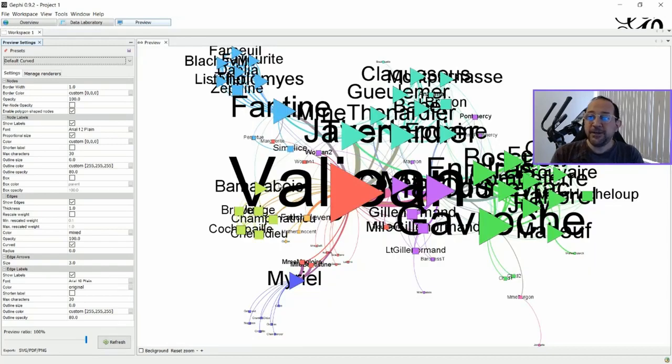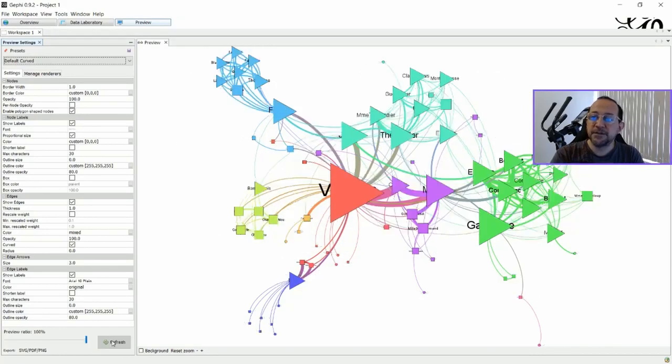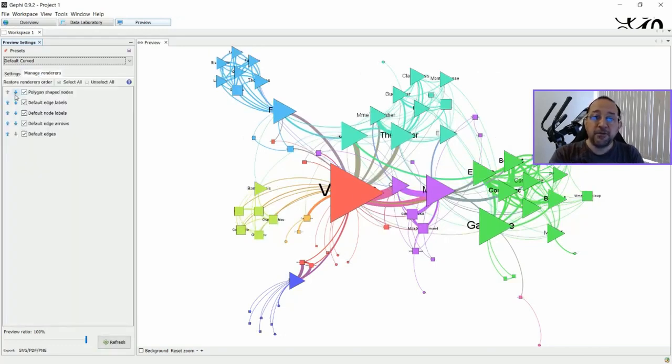And as you can see, all our labels are behind the nodes. So I'm just going to set the font here to be a smaller size, and still they are behind. And then you have to put the Polygon shaped nodes below the node labels,